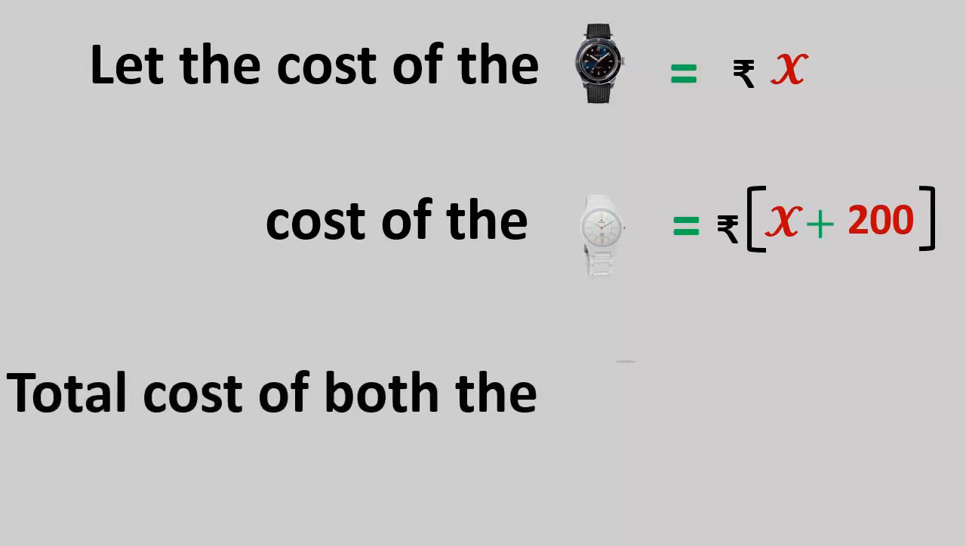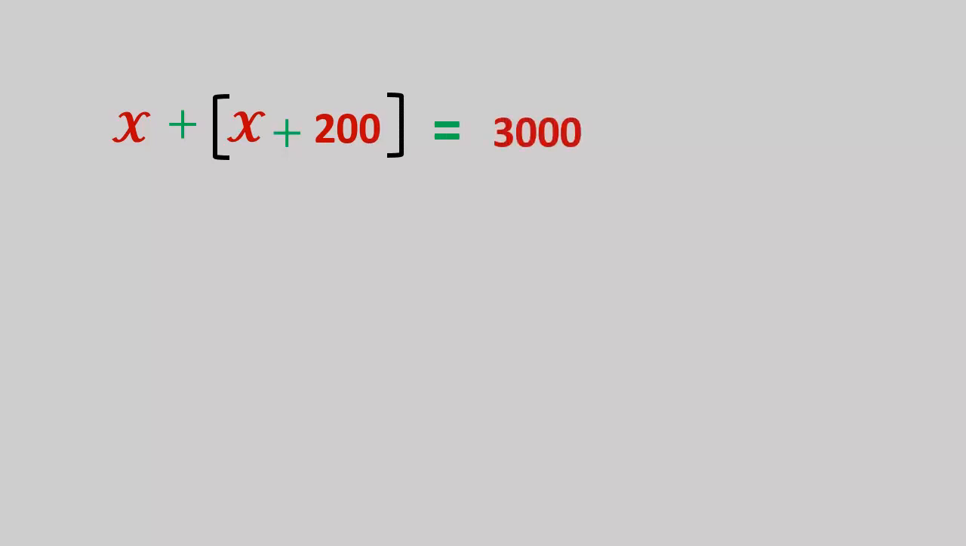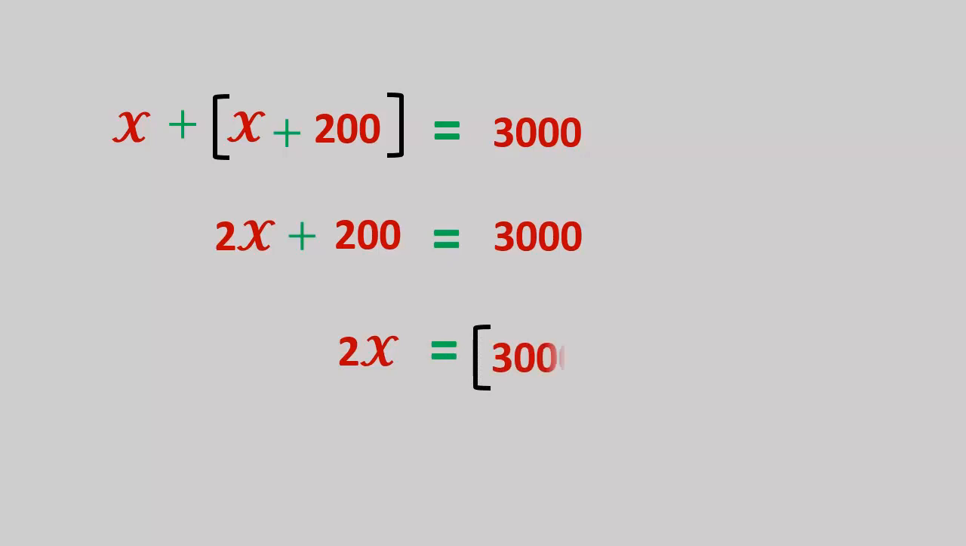Total cost of both the watches is given as rupees 3000. That is, X plus X plus 200 is equal to 3000. 2X plus 200 is equal to 3000. Now, 2X is equal to 3000 minus 200, which is equal to